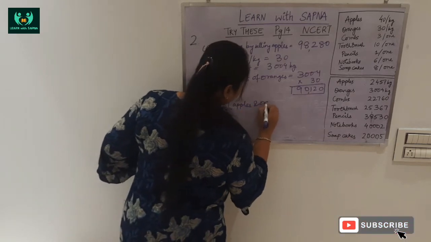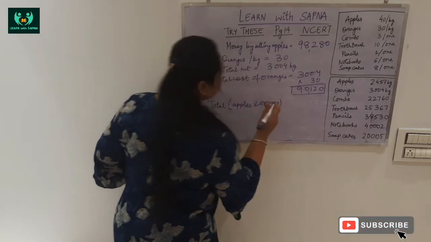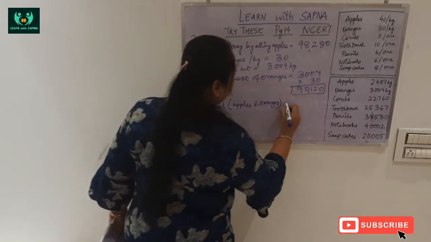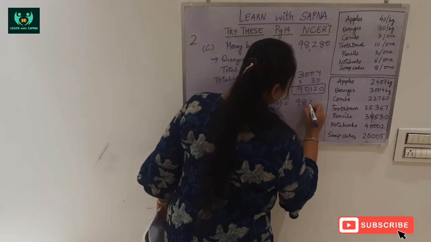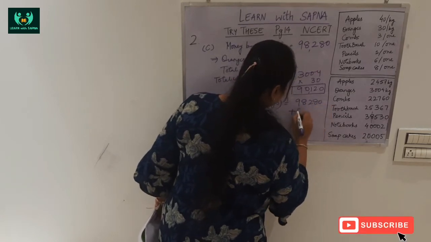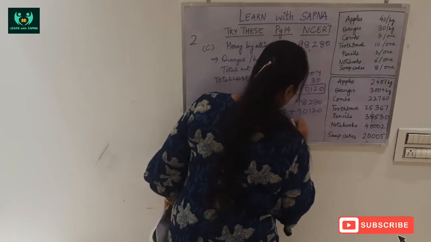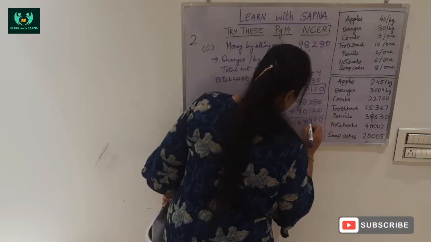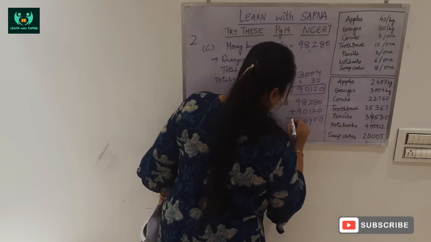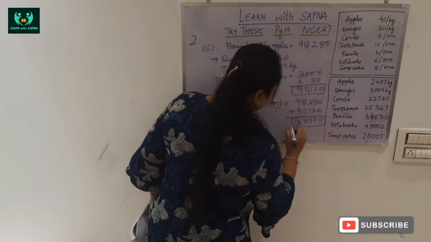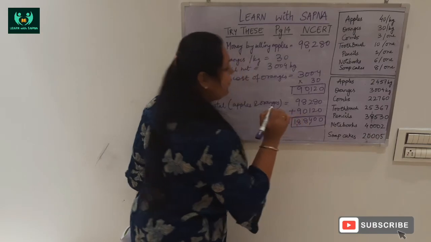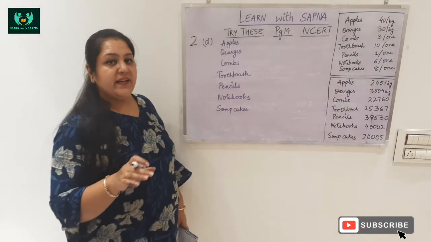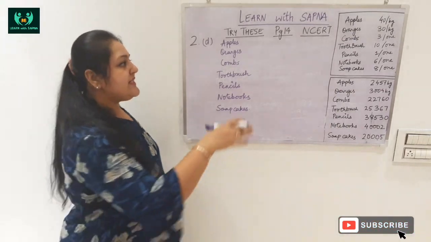So now the total cost by selling apples and oranges, वो कितनी हो जाएगी, जो टोटल कॉस्ट ऑफ एप्पल्स है और जो टोटल कॉस्ट ऑफ ऑरेंजेस है, दैट मीन्स 98,280 प्लस 90,120, विच इज 1,88,400 rupees. Simple addition. Now in D part they are saying we have to make a table और सबकी रिस्पेक्टिव